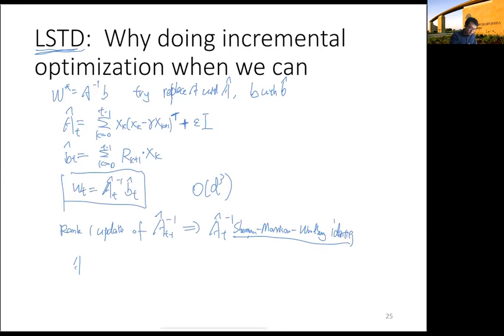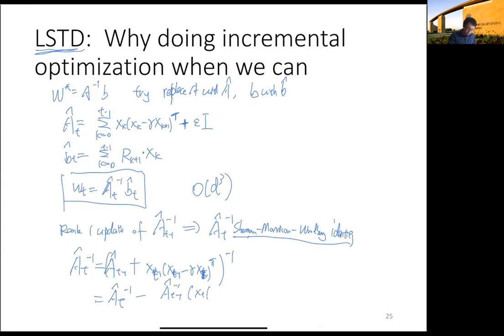So the specific update rule is, this is the same as A hat t minus 1 plus x k minus 1 x k minus 1 transpose minus gamma x t minus 1 x t transpose inverse, and you don't have to explicitly calculate this inverse. This can be rewritten as A t hat inverse minus A t minus 1 inverse. You can simply use